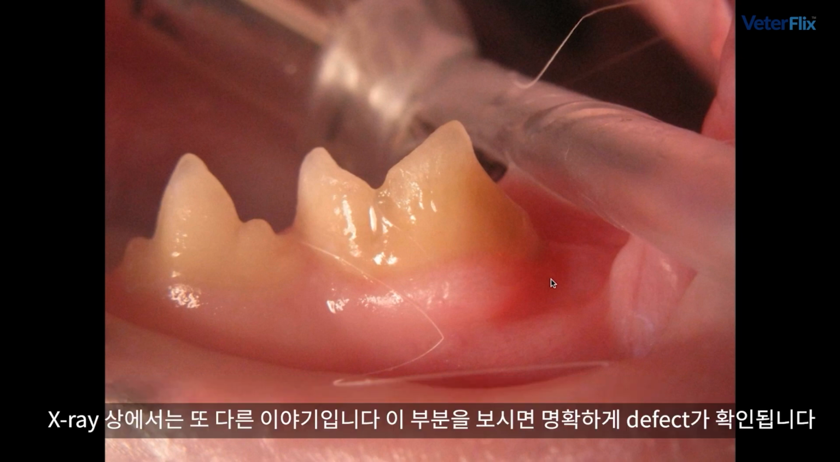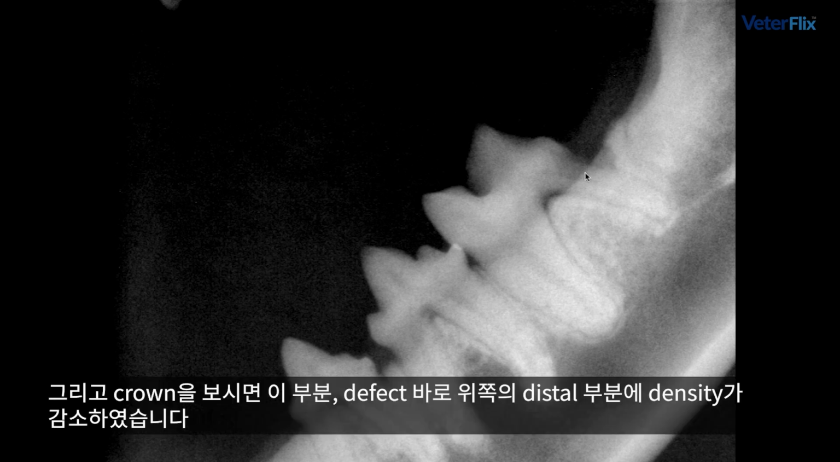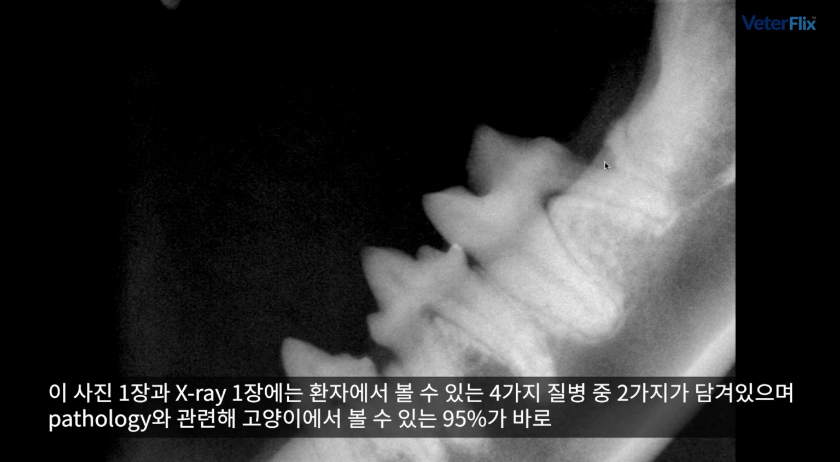radiographically, there's a little bit of a different story. You can see here where we've definitely got a defect. And if you look at the crown, we've got a decrease in density right here at that distal aspect, right above that defect. So these, in this one image and this one x-ray, demonstrate 2 of the 4 biggest disease conditions that we see, and this is probably